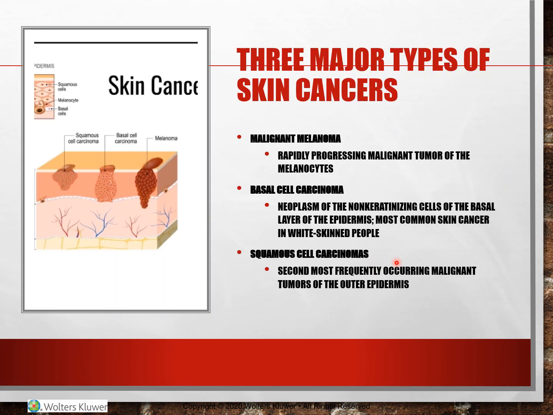So there are three major types of skin cancer. There's malignant melanoma, which we kind of alluded to already with our discussion of nevi, but these are rapidly progressing malignant tumors of the melanocytes. So the specific type of cells that change here are those melanocytes within the skin. And so this is an example of the formation of a melanoma and what that looks like through the layers